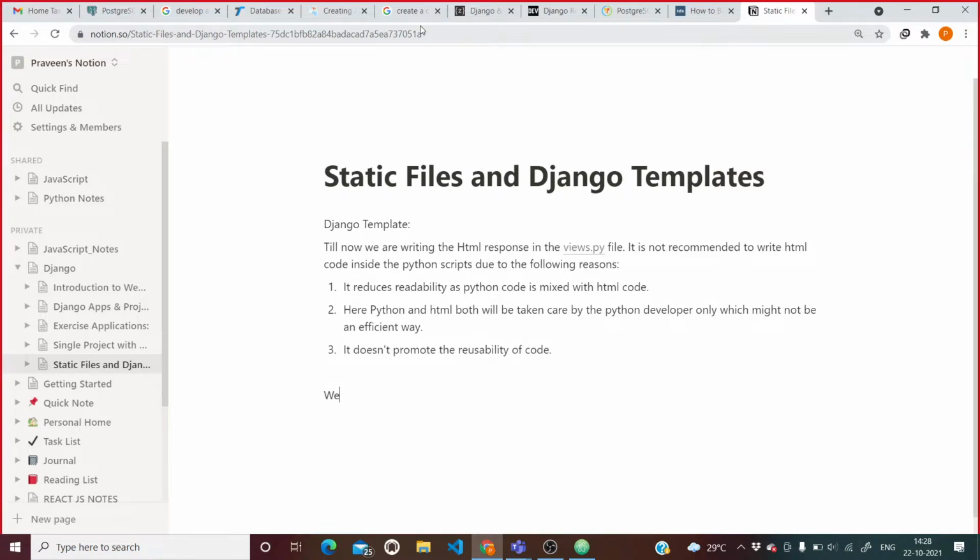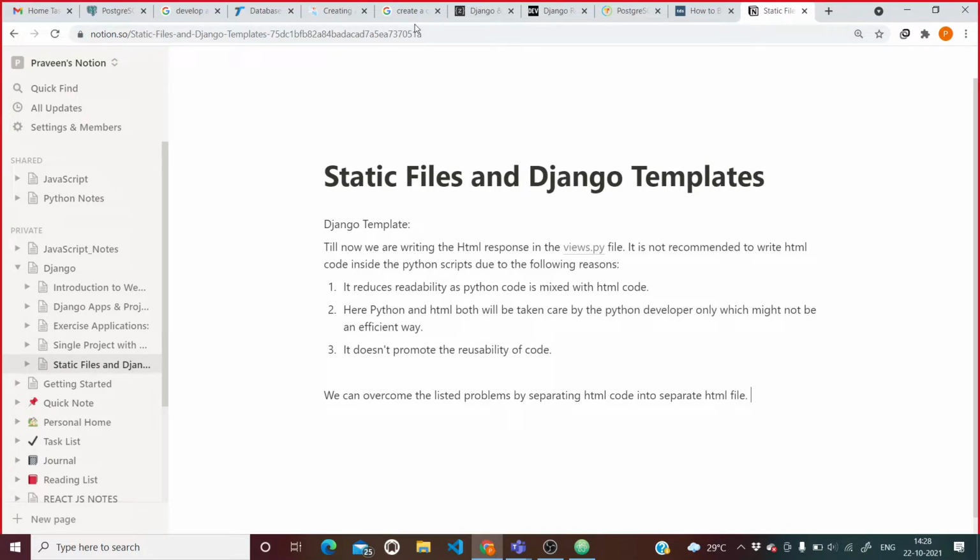So here we can overcome the above listed problems by separating the HTML code into a separate HTML file.